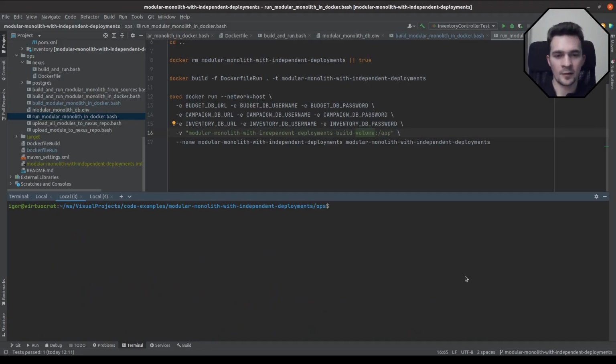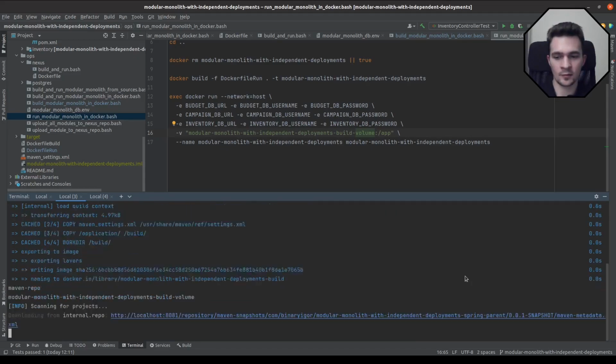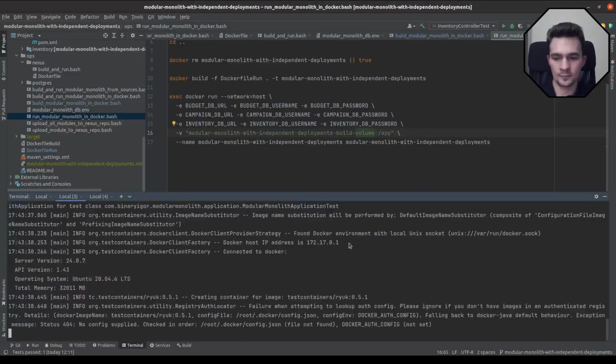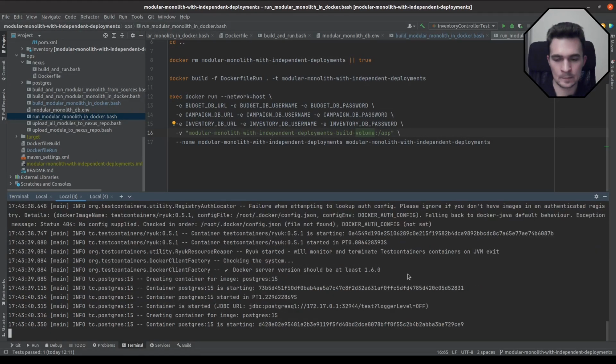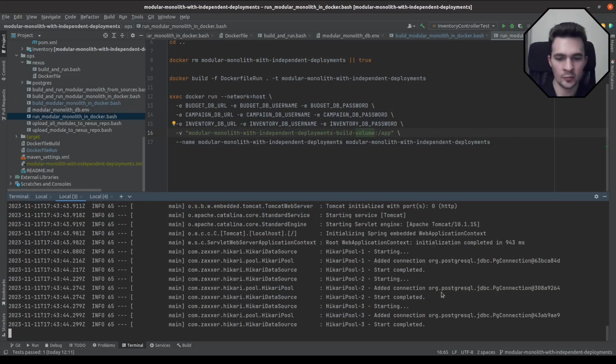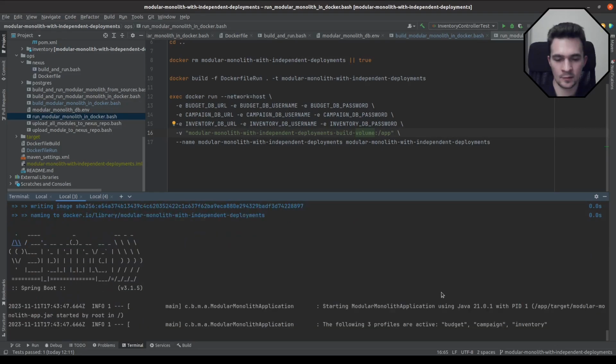Okay guys, I had a bug in one of my scripts, so I fixed that. Let's run it again. It was a bug related to the volume paths. Alright, so we're building our modular monolith, starting it,